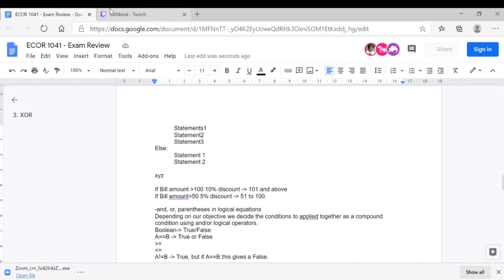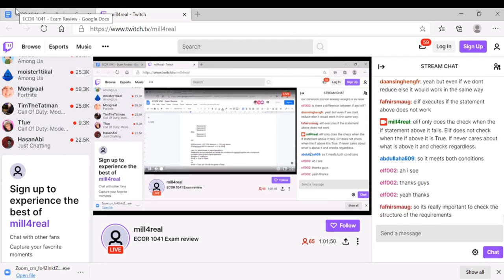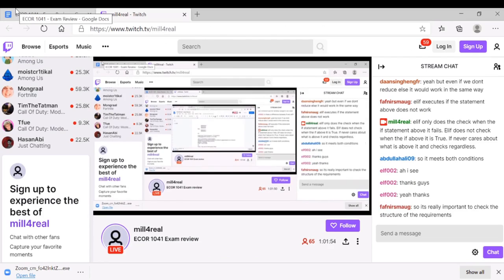So for subsequent ones, like a ladder, we need an elif. If taking one path disqualifies the other path, use elif. But if you want to check multiple paths and can go down multiple paths, use if. It's important to check the structure of the requirements because you get to know if one condition affects the next one and if they have common boundaries.